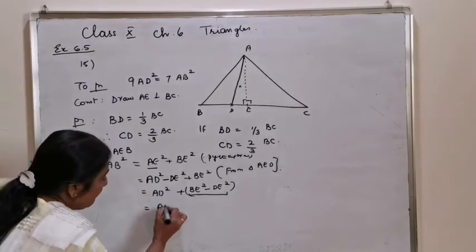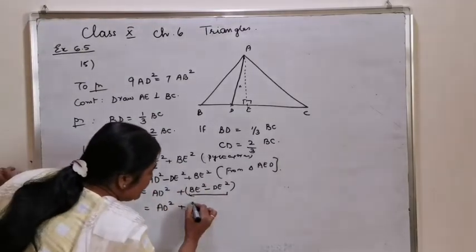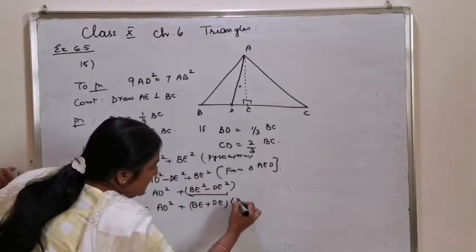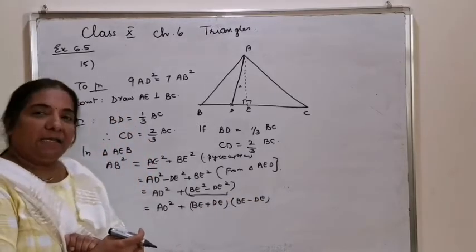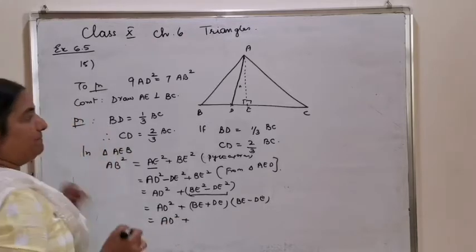That is, AD square plus BE square minus DE square can be written as (BE plus DE) into (BE minus DE). And now, which is the same as AD square plus